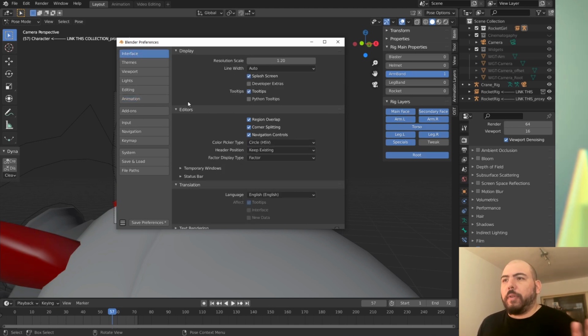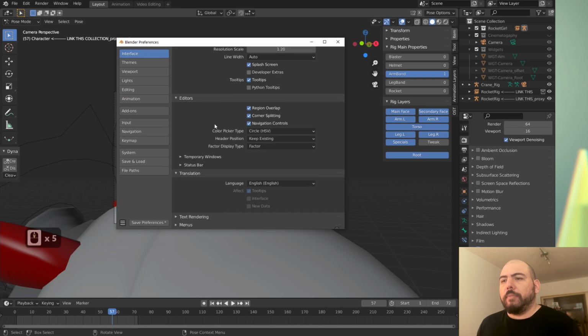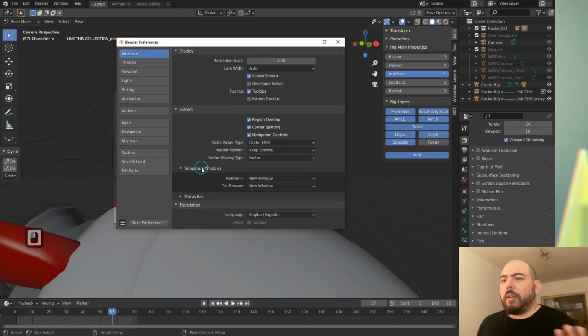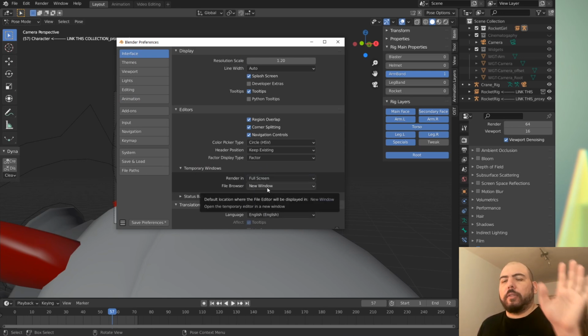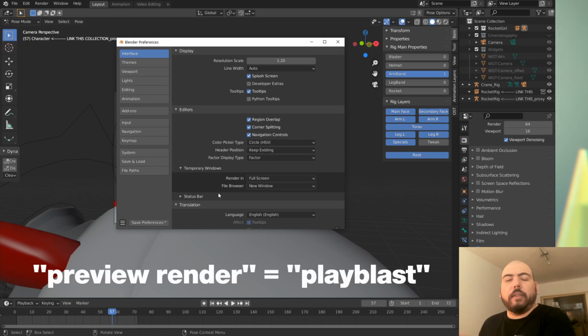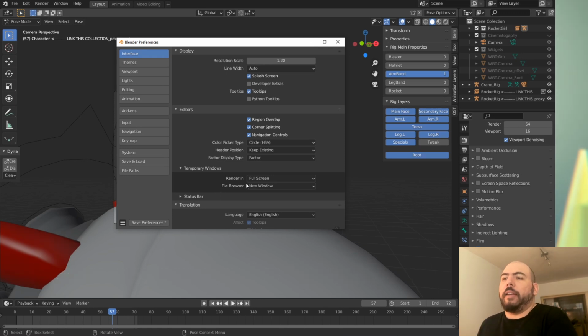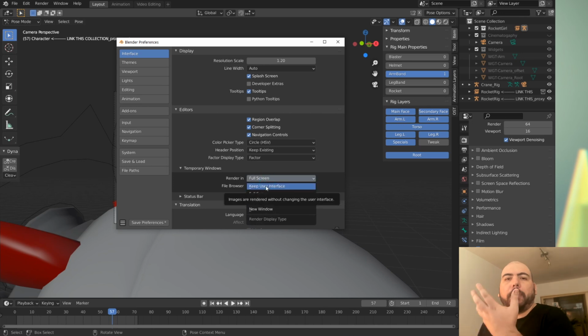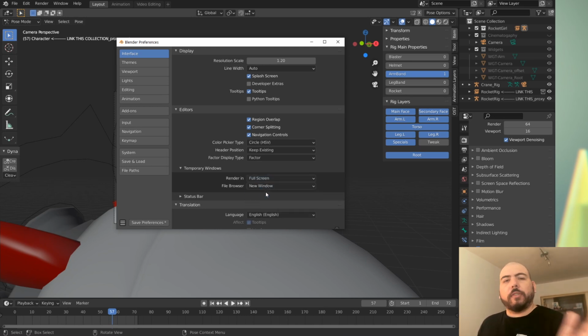So let's go over different things that we might need in animation. None of this should be too terrible. I like to change the temporary windows to full screen. That way it will turn off the current window. If you're rendering, even a quick preview render, and you have Eevee or Cycles on your viewport, and then you have the default one, which is popping up a new window, it will basically render the window below and the window on top. If you switch it to full screen, it will replace your entire screen with one new window and then use all of your resources there, which is much better.